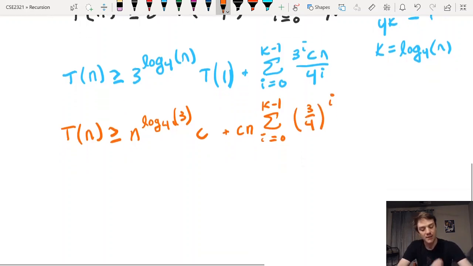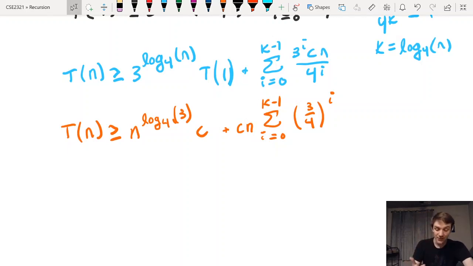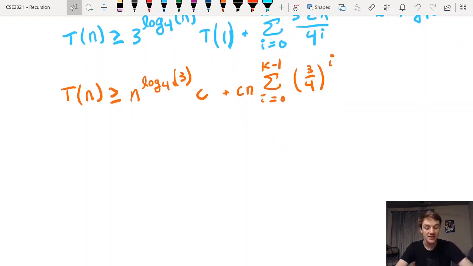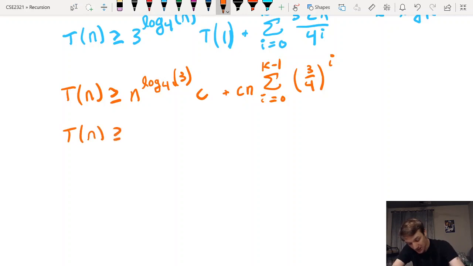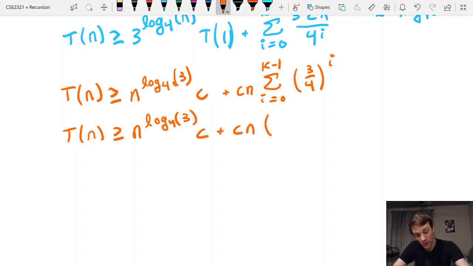the i. And maybe we identify that that summation is a geometric summation, and we know that it is in theta of 1. So I can easily bound it below in the following way. I still have my n to the log base 4 of 3 times c plus cn. I'm going to bound that summation below by replacing it with the number 1. That summation is equal to 1 plus 3/4 plus 9/16 and so on. If I drop all of the extra terms except for the first, the number 1, then I definitely make it